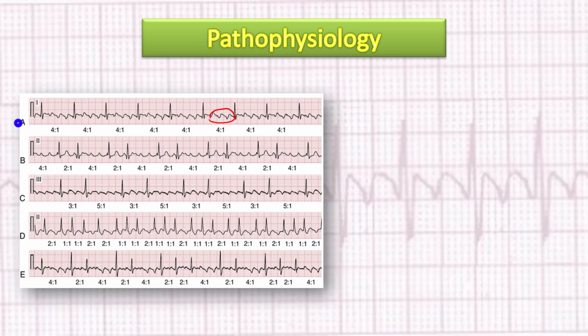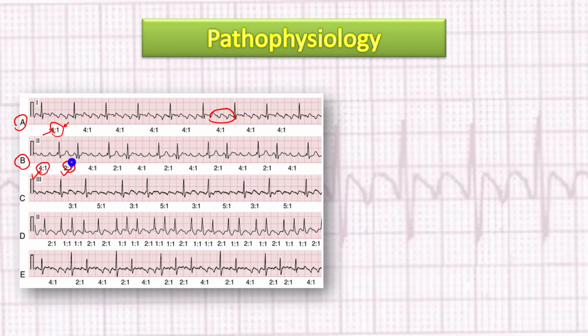It may be regular, as we see here, and it may be irregular, as we see here. And this irregularity actually depends on the nodal activity or the degree of nodal block. The nodal block may be fixed as here, so it passes only one impulse for every 4 atrial activities. Or in this ECG, in number B, there is variable block as it fluctuates from 4 to 1 to